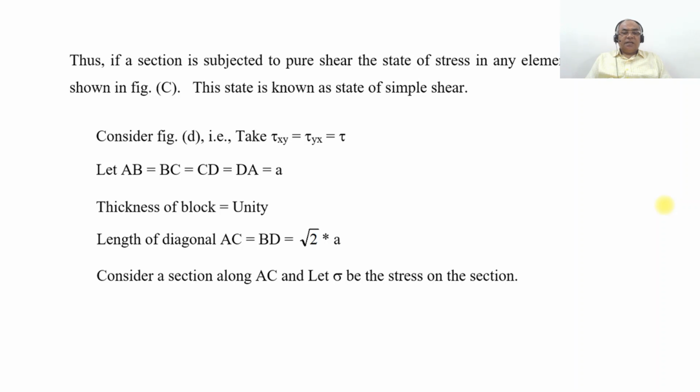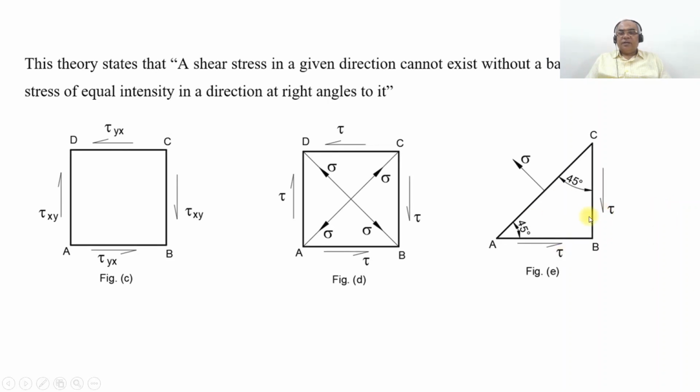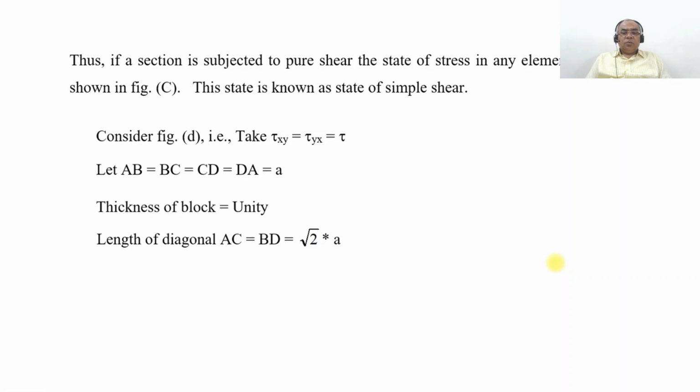Consider a section along AC and let sigma be the stress on the section. Consider the equilibrium of the triangular portion ABC, as shown in the figure. So that means we are referring to this particular figure, what we are talking about now. So in that, what he says